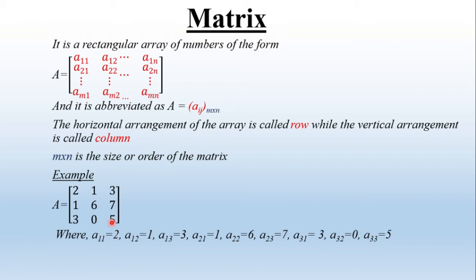So እነዚህ ቫልዩዎች ተቀምጠዋል ማለት ነው። This is an example of the matrix. And the matrix is 3 by 3 matrix because it has 3 rows and 3 columns. አሁን 3 ሮ እና 3 ኮለመን ነው ያለው እዚህ ጋር 1 2 3, 1 2 3። ስለዚህ 3 ኮለመን 3 ሮ አለው ማለት this matrix is 3 by 3 matrix ነው ማለት ነው።